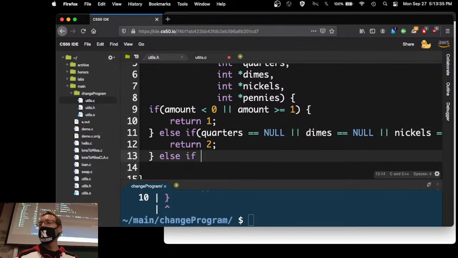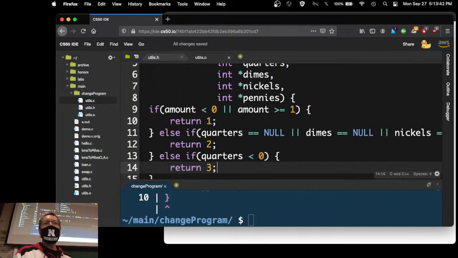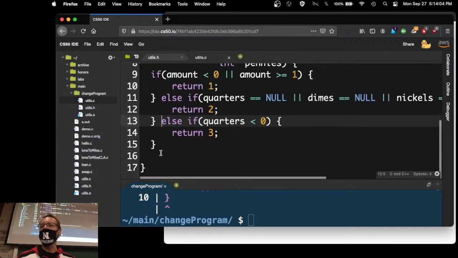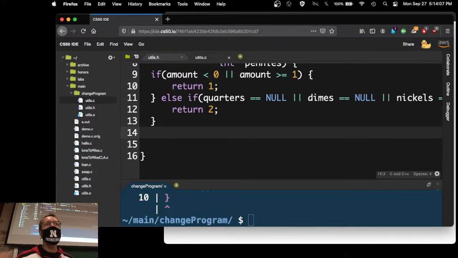Else, if quarters is, I don't know, negative, then return 3. Is that really an error condition? You gave me a bucket with a negative value in it. Do I really care? I'm the one computing quarters. You gave me 75 cents and a bucket with something in it. I'm going to say you need 3 quarters. Do I care what's already in that bucket? No, I'm going to throw it away and put 3 in there. You need 3 quarters for your change. So that doesn't matter either. Right? You have to think about what kind of errors are actually errors and what else is not an error,